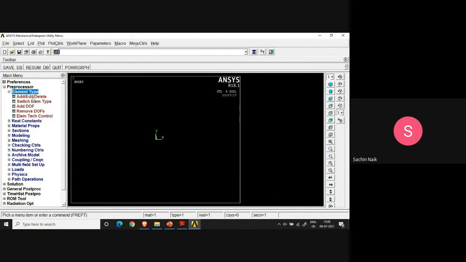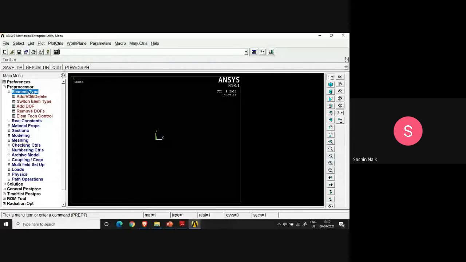Therefore, we can keep our geometry restricted to two-dimensional geometry only. Yesterday, in answer to the question raised by me, you heard Professor Maiti say that even if you create a three-dimensional geometry and try to study the stress intensity factor values along the crack front, they are going to vary. So it is essentially a point evaluation which is more meaningful than evaluation along a length, and of course evaluation over a surface is out of the question. So in such a situation, a 2D model is more conducive and more useful.